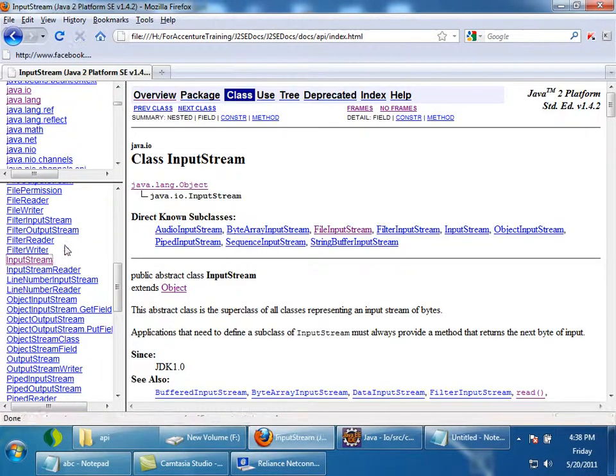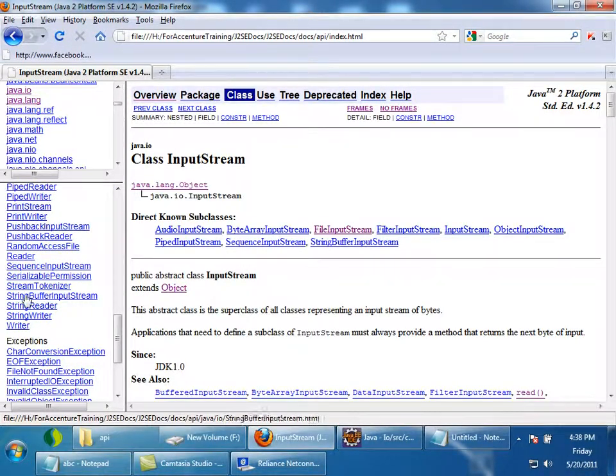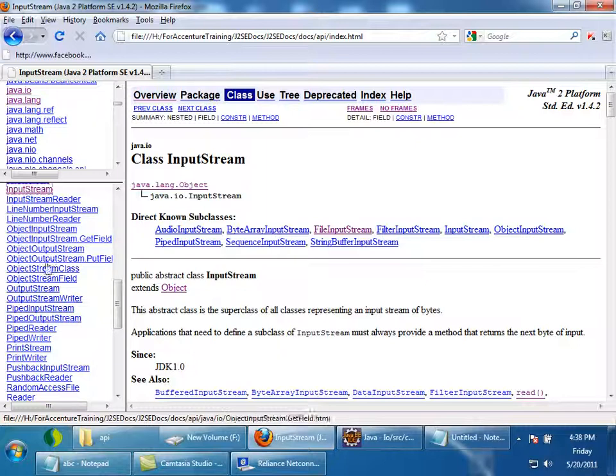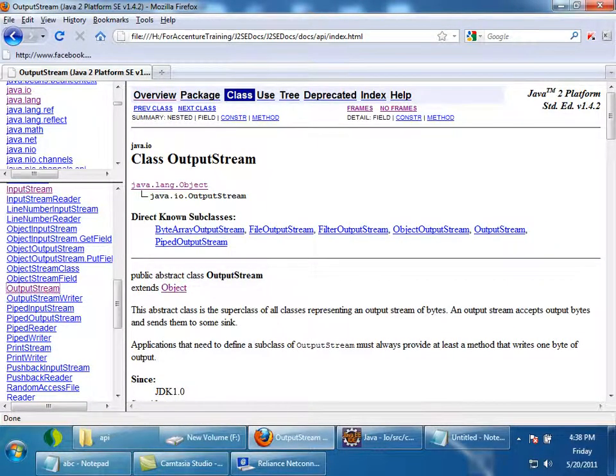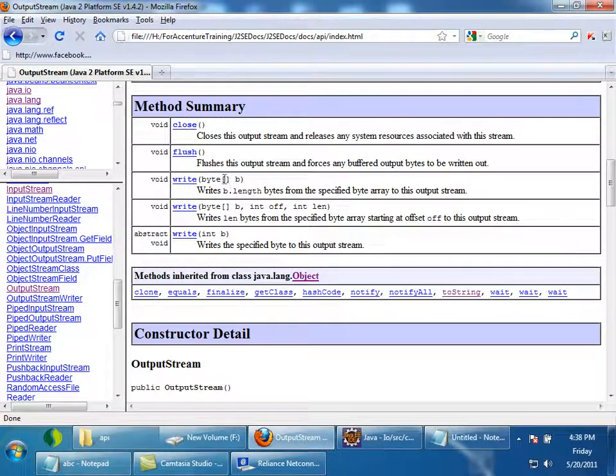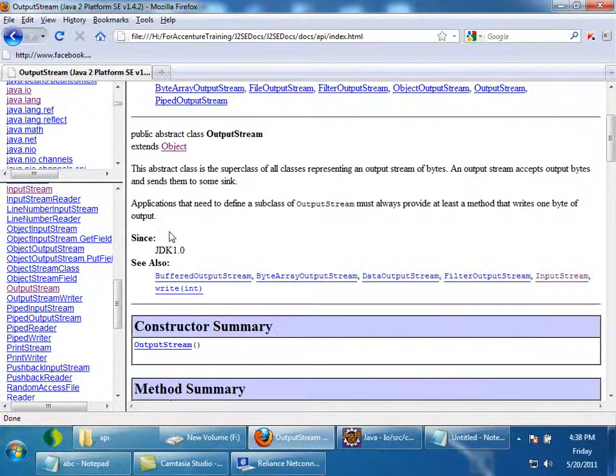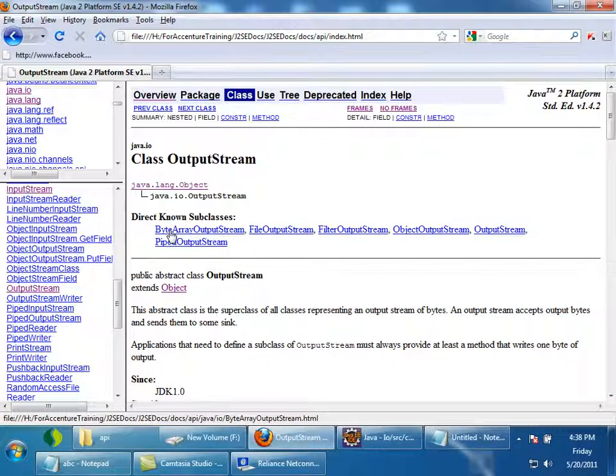For reading input stream, for writing output stream. Okay, again following the same way, output stream. Output stream is having a method called write, which is taking int. If I call this method, it will write 1 byte to a file.